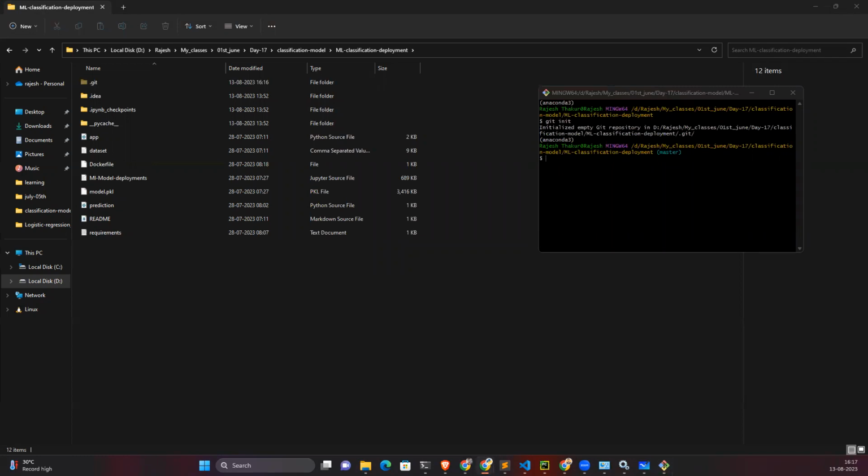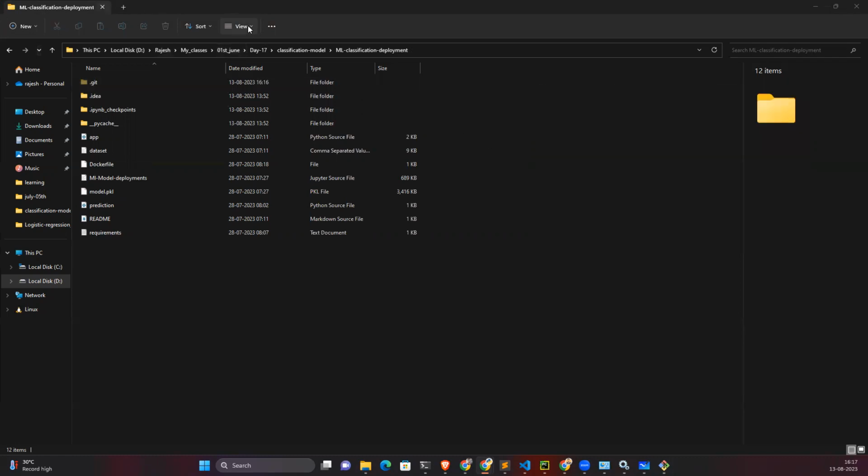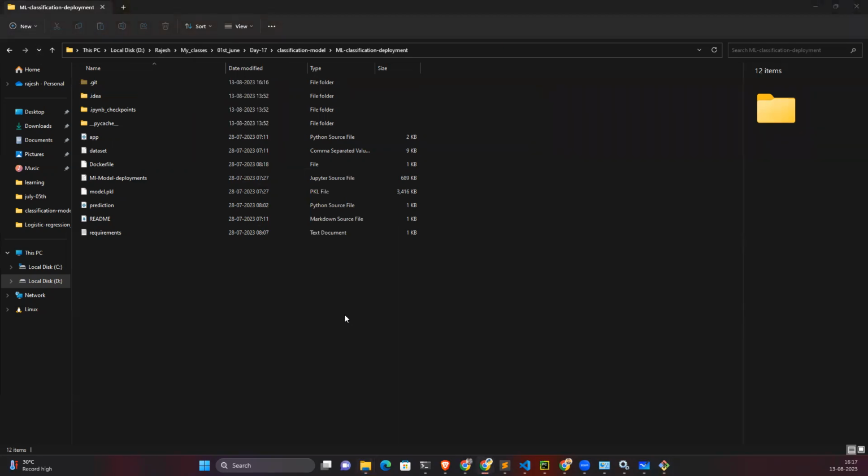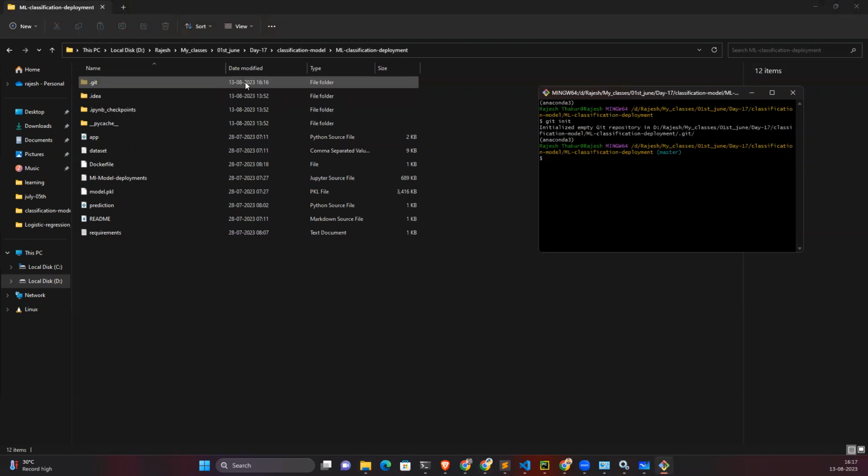In the command prompt it shows .git, but in the folder you are not able to see it, because it's a hidden file. You have to expose it. In the view option, enable hidden items. Are you able to see it now? You can also right click to get that option.